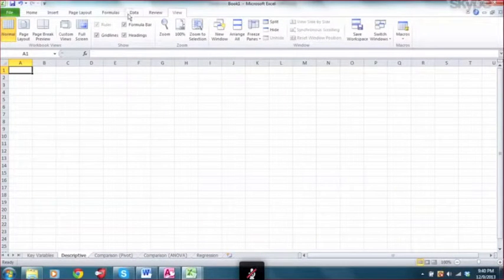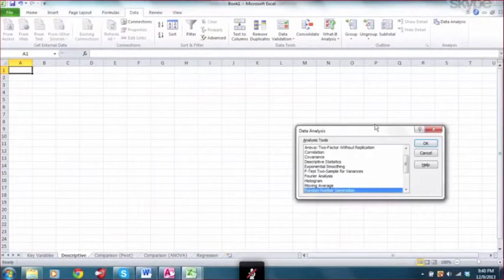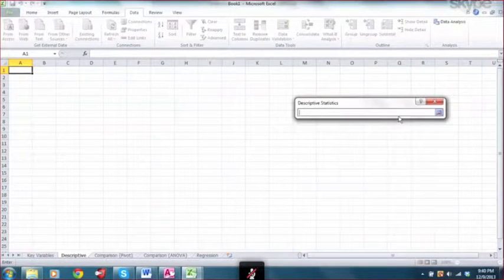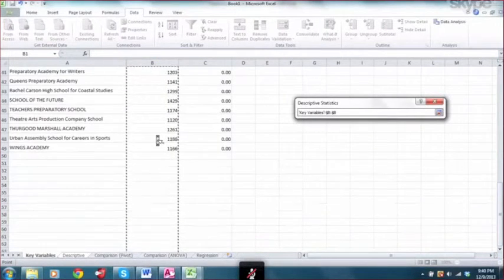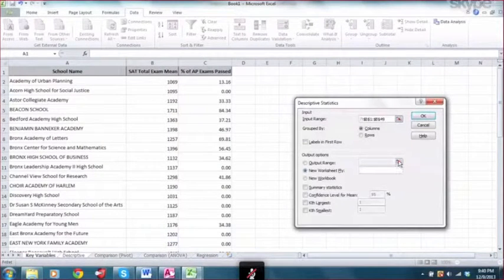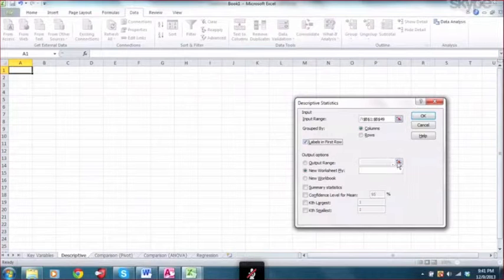Go to the Data tab, Data Analysis. This might not be on yours, you might need to turn it on. It's called the Data Analysis Tool Pack, but there's a different tutorial to teach you how to do that. So I'm going to click on Descriptive Statistics. My input range, I'm going to pick SAT exam means. And my output range, I'm going to put it as labels in the first row. My output range, I'm going to put it under descriptive in,